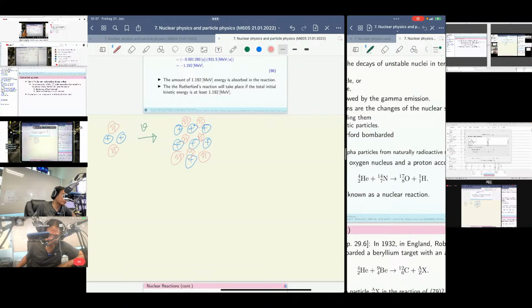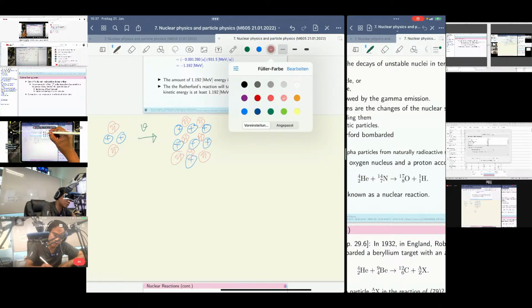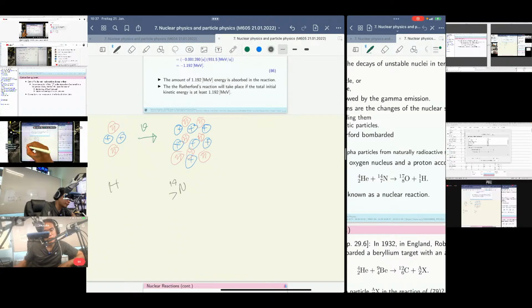Nitrogen 14, 7 is over there, and helium 4, 2, which is the alpha particle, right here. It is accelerated, and it goes to hit, or in terms of nuclear reaction, it's called bombardment, right? And the outcome is we get